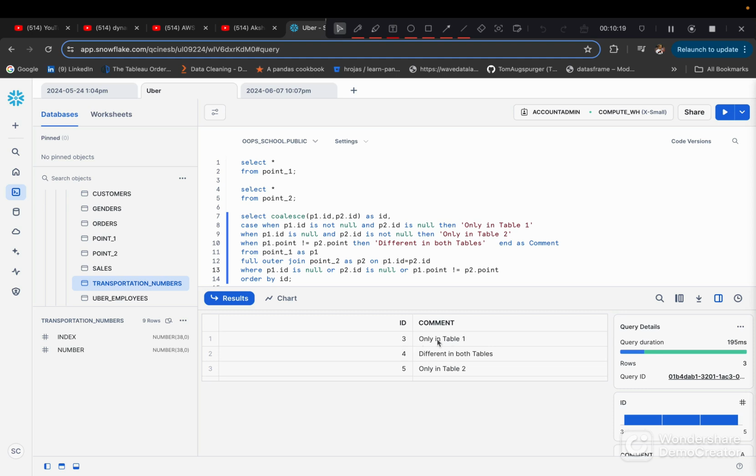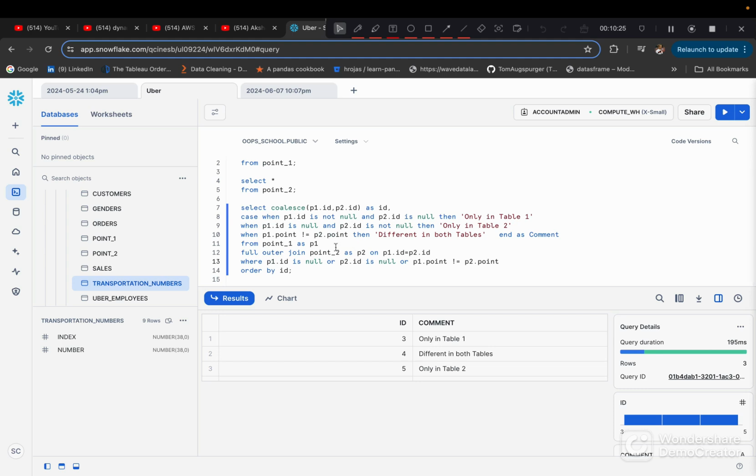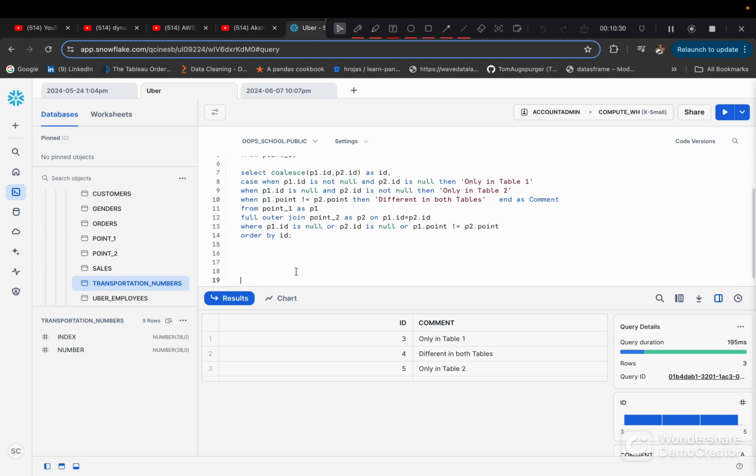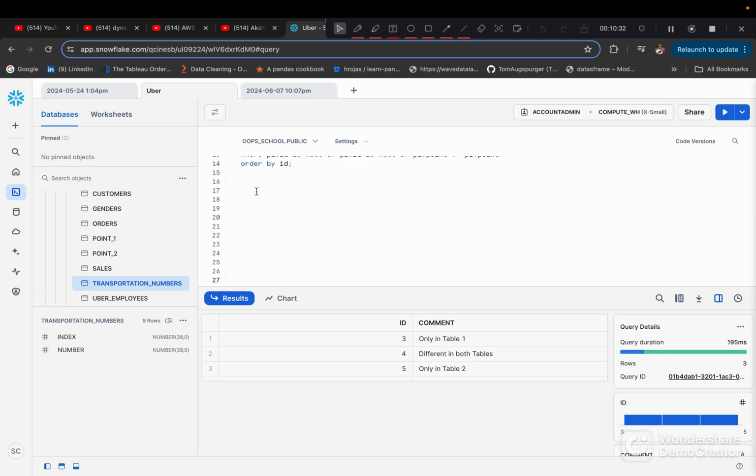3 is only in table 1, 4 is different in both tables, and 5 is only in table 2. So yeah, this is the way of getting it. There is also a bigger way of doing it, and that is using the left join and right join. So let me do like select